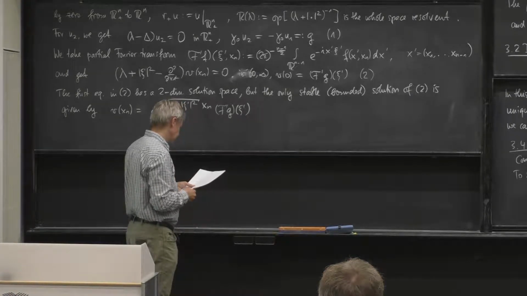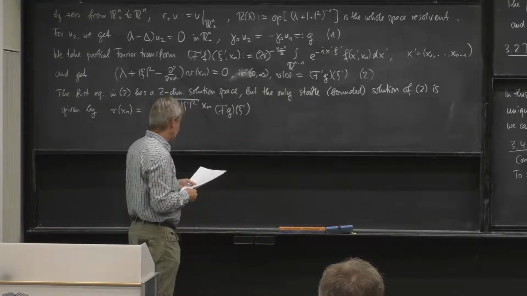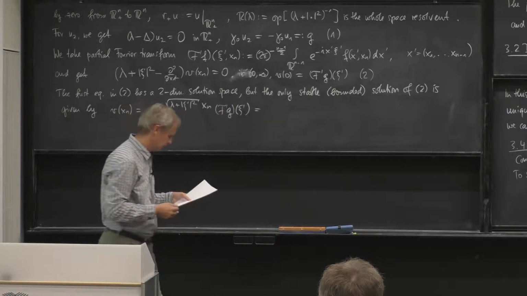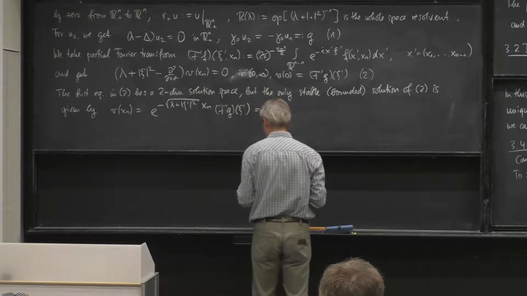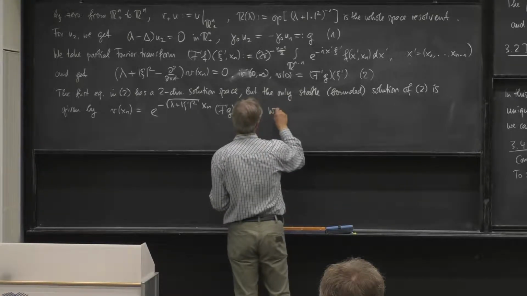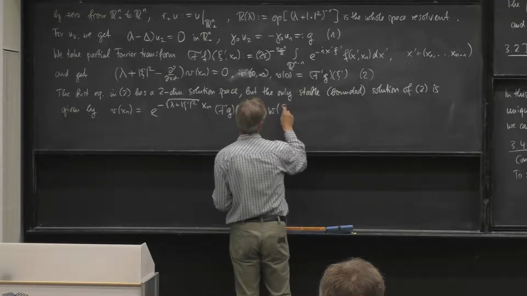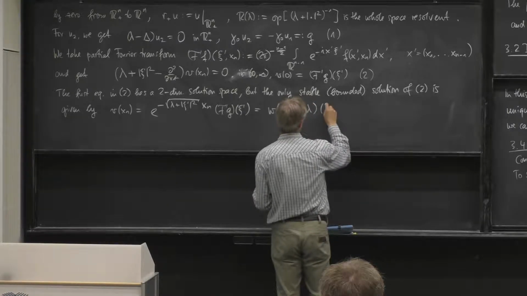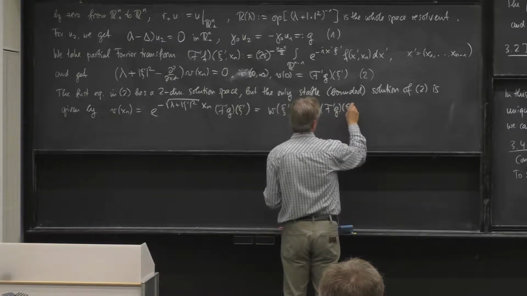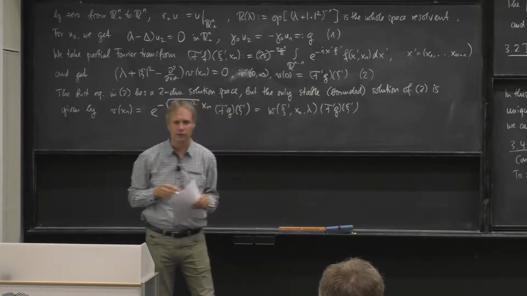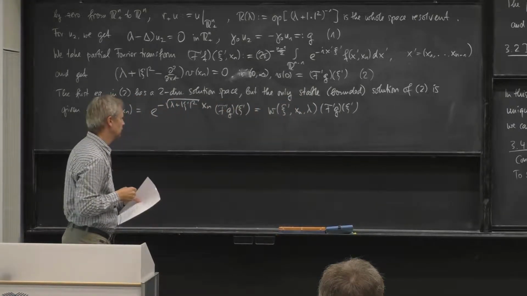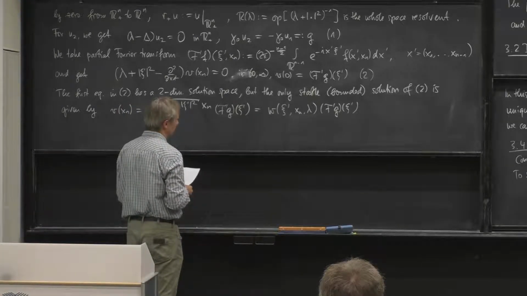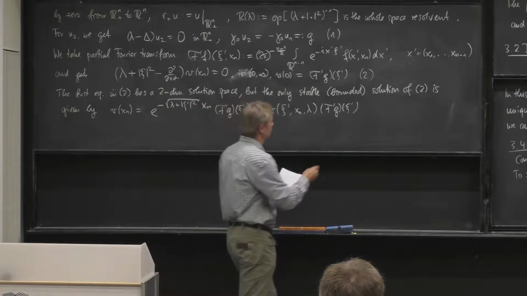However, I write it in the following way, because this is just the example, and you will see later, so I introduce some notation here. Let me write this as the fundamental solution W, depending on psi prime, xn, and lambda, times the initial value of psi prime. So this is a fundamental solution, a basis of the stable solution space, which is now one-dimensional. Okay, and therefore I can now compute U2.